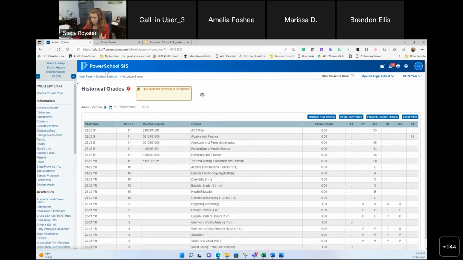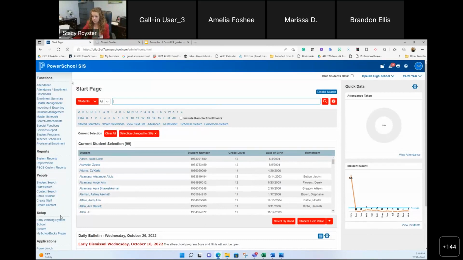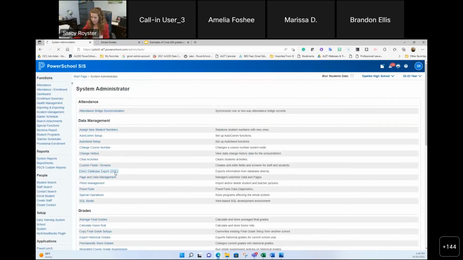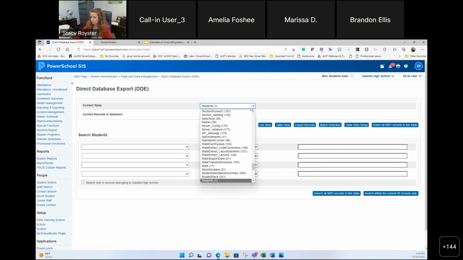So just to show you that, because remember I had 99 kids, for those of you who have the DDE access, when I go into System and into DDE, which is where I go to find, notice that I've got that student selection of 99 right here on this screen. So if I were to go in there and say, okay, I want to flip to the stored grades table,